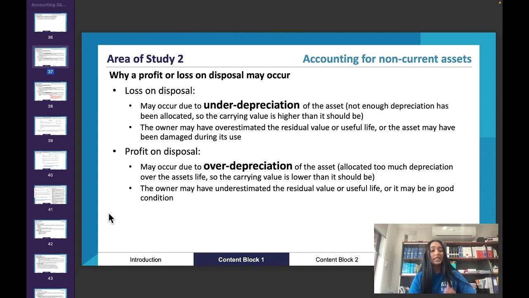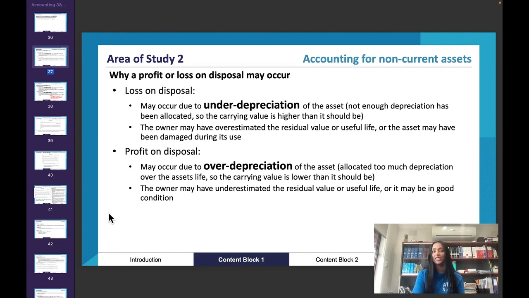The only thing that we don't estimate when we're calculating depreciation is the cost, because obviously we have a source document to back that up. Because when we purchase, for example, if you purchase a van, then we have the receipt or invoice that we got when we purchased that van that shows us this is how much that van was purchased for, the purchase price or the cost. So, other than cost, every other value that we use to calculate depreciation is estimated.